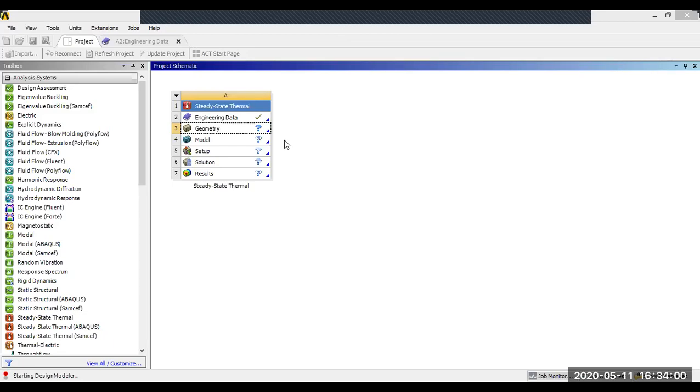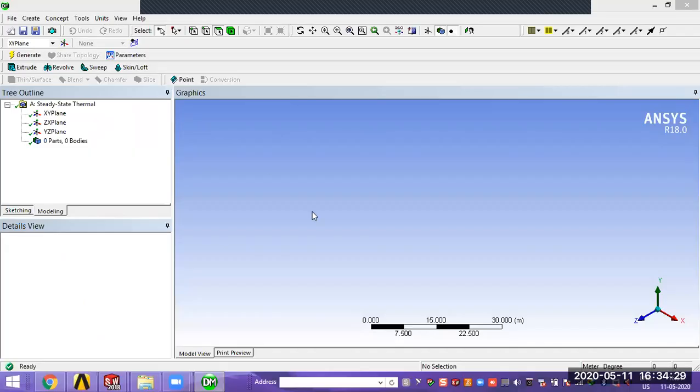Now it's open. See here, now it's open the geometry file. Now we are going to import, the geometry we already created in SolidWorks.